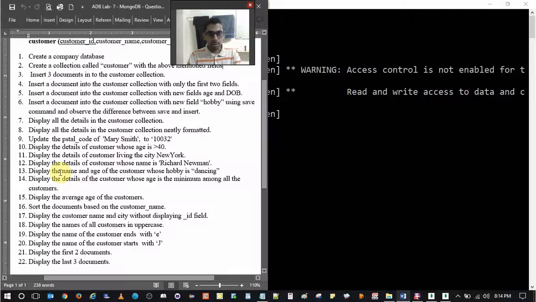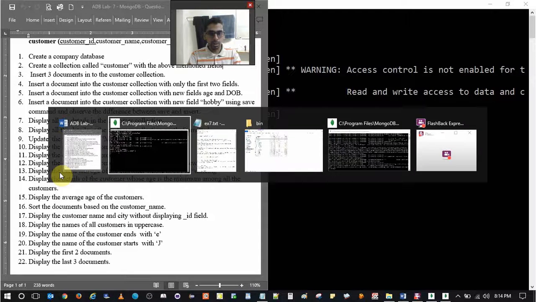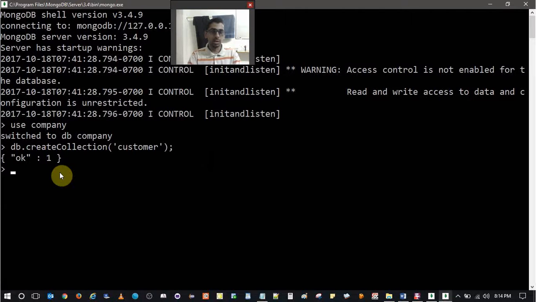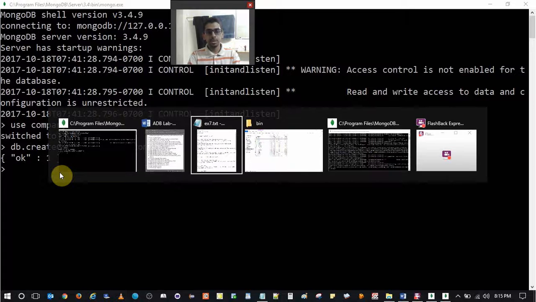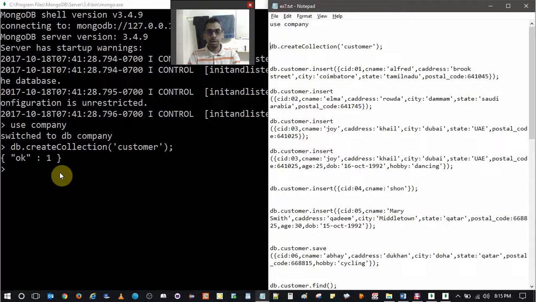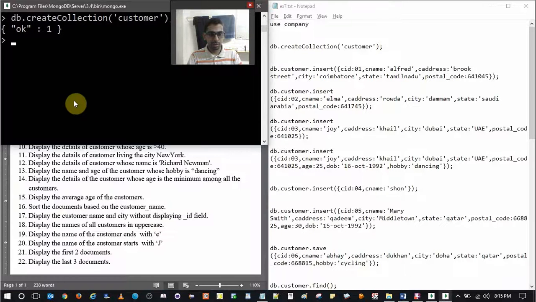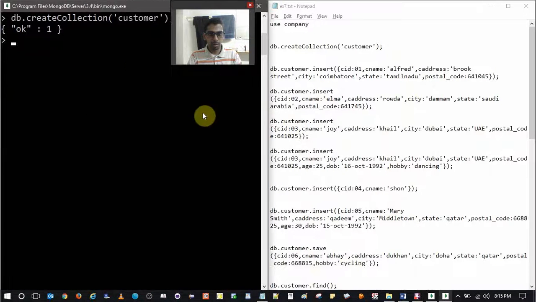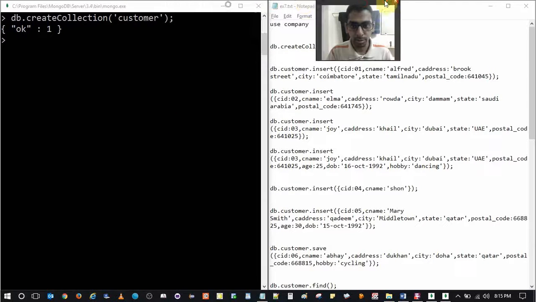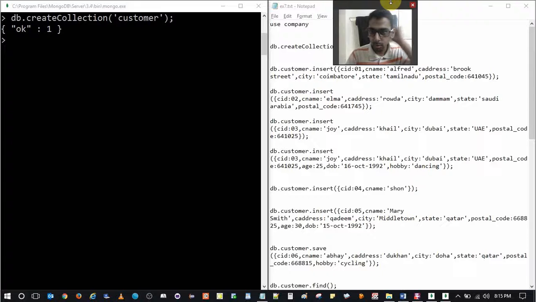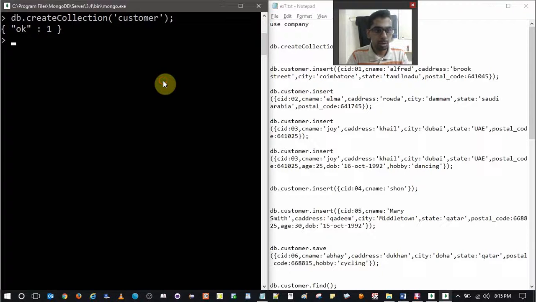So moving on, the next question is insert 3 documents into the customer collection. So here is where I'm gonna add the fields along with the field values. Alright, so I'm just gonna drag this here so that I can save some space. Alright, okay, so here we are. I'm gonna just drag this here as well. Okay, moving on,